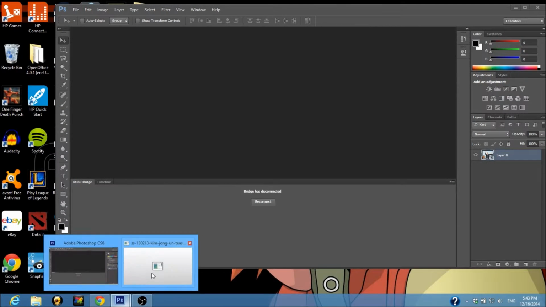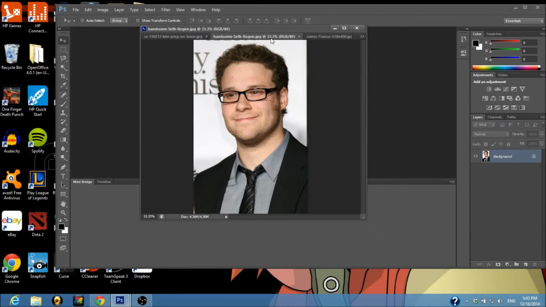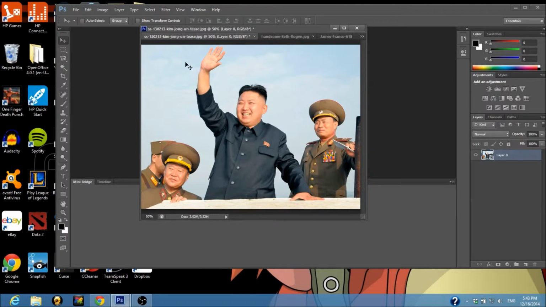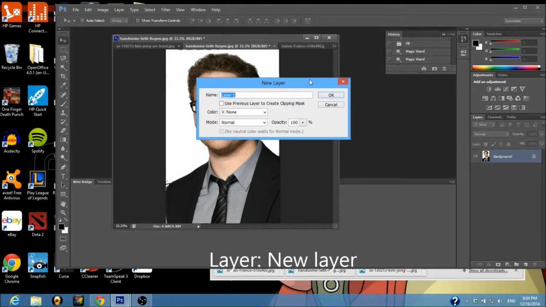This is going to be a little quick tutorial about how to swap heads in Photoshop and a little bit about manipulating backgrounds as well. Here I got Photoshop open. I have Kim Jong-un, Seth Rogen, James Franco, pictures of them. I'm probably going to swap the heads with these two Korean guys here standing beside them with Seth Rogen and